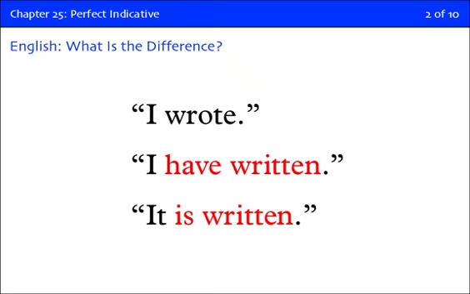What is the difference then between saying I have written and it is written? Right, great. Both I have written and it is written, in a very real sense, are describing the same event. If you say it is written, you are describing a past completed action. But the emphasis of it is written is on the ongoing implications of the past event, and saying I have written puts the emphasis upon the actual completion of the event while allowing for ongoing implications.